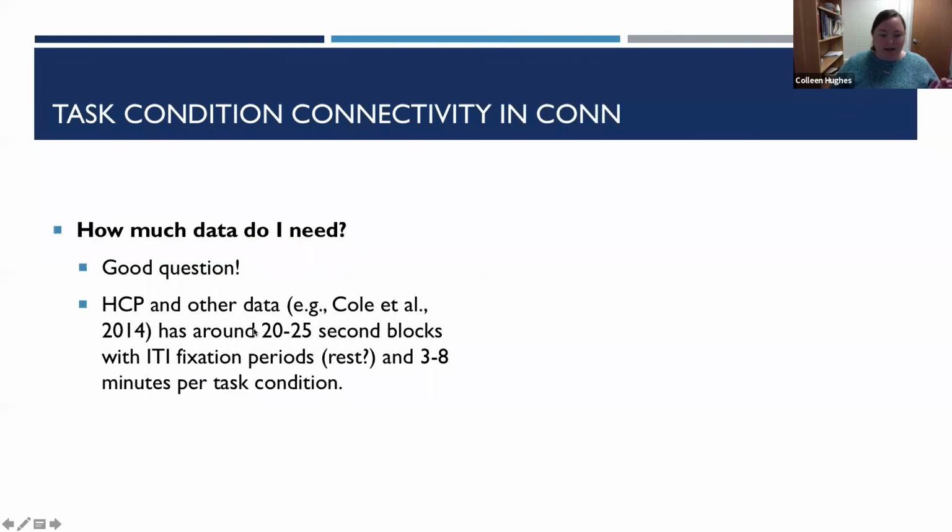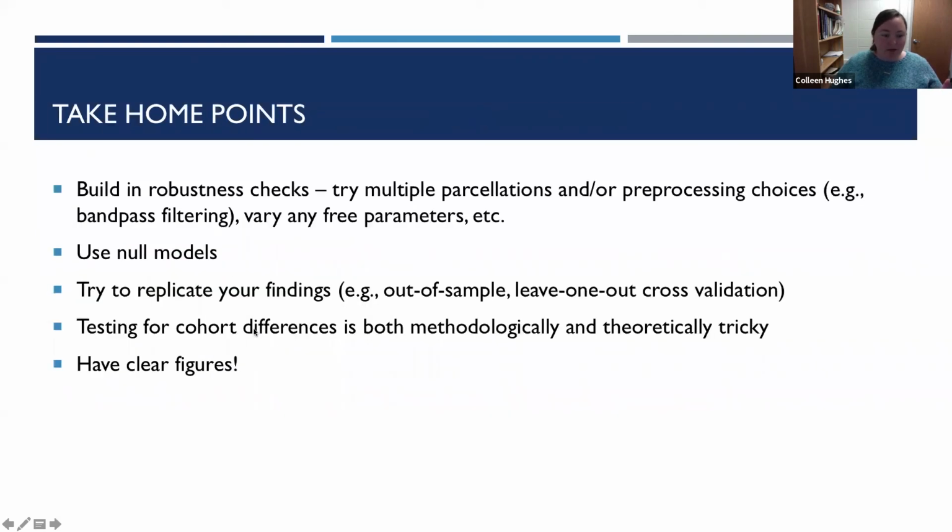And then finally, Olaf has really hammered this into my head. Figures need to be clear. The cool thing about networks is they have beautiful figures. You can add all sorts of colors and dimensions and information in your figures, but oftentimes they're overwhelming. So you just want to make sure your figures are really tight, really clear in what they're communicating. The colors are clear. You don't have too many. This seems obvious, but I've really had to think through how I present my data a lot more